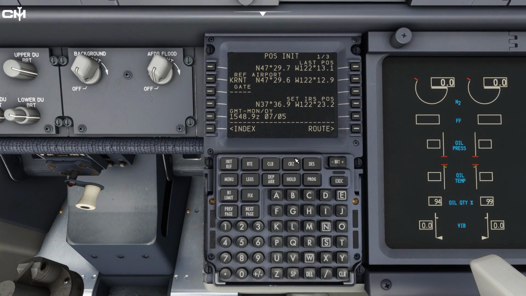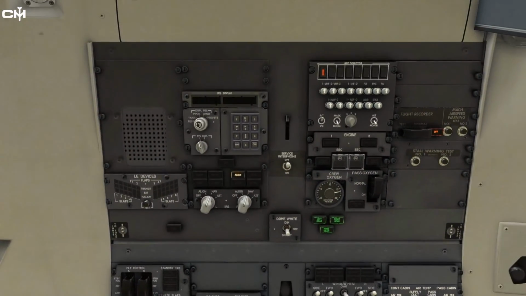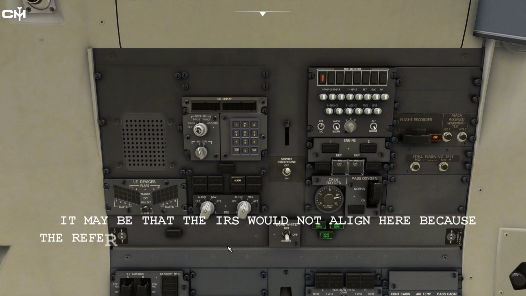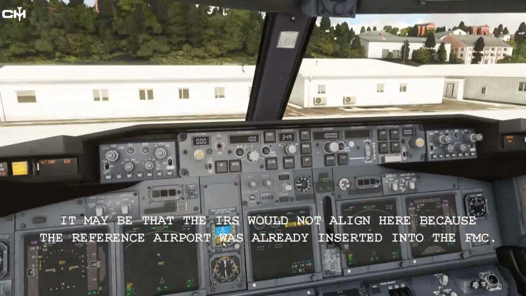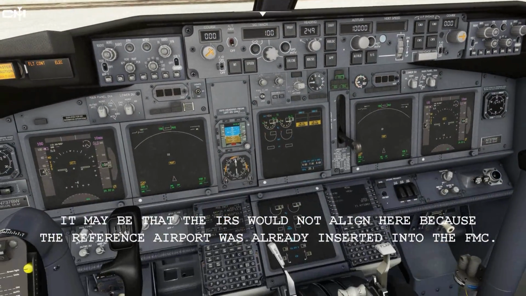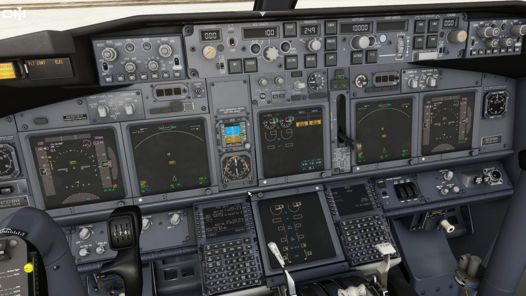you can see that you can enter it in there, and it is absolutely the wrong position, and we got the warning saying that they disagree, and the set IRS position is still highlighted. And if we go up top here, the align lights are still blinking. So it looks to me like we can't actually enter the wrong IRS position anymore. It's going to cause issues. So as far as I can tell, this error is not really a concern anymore, but just keep in mind,